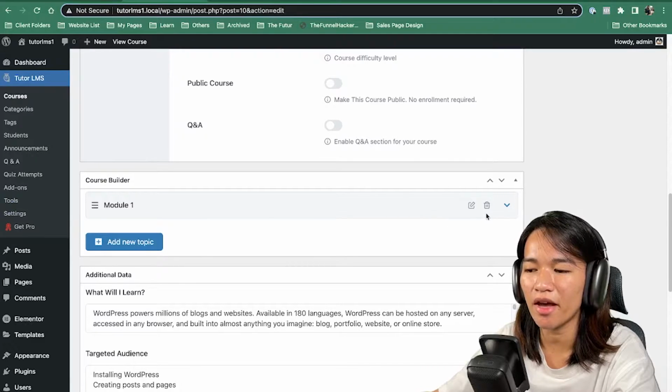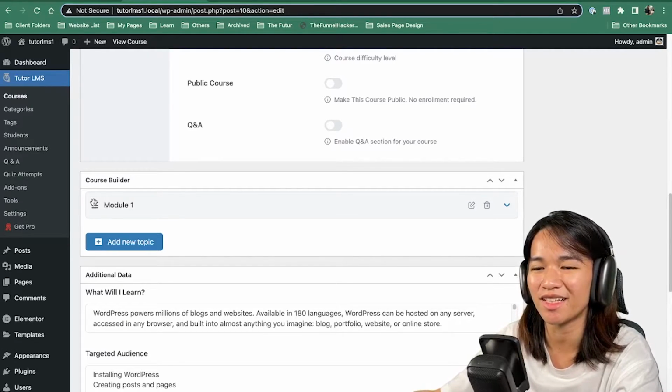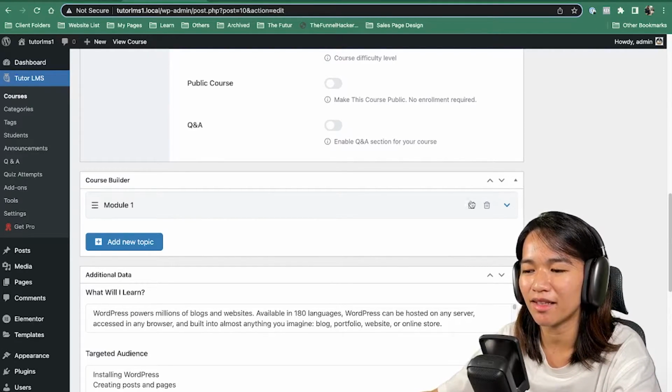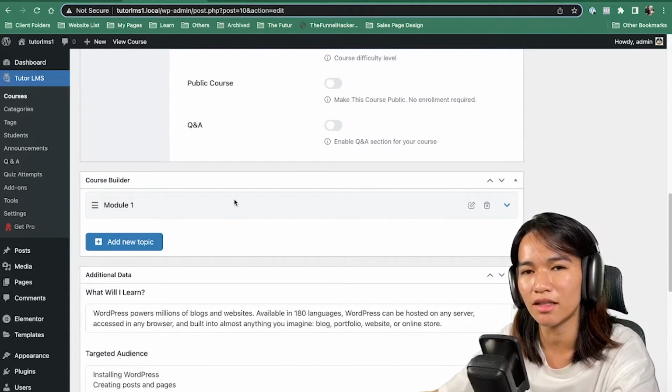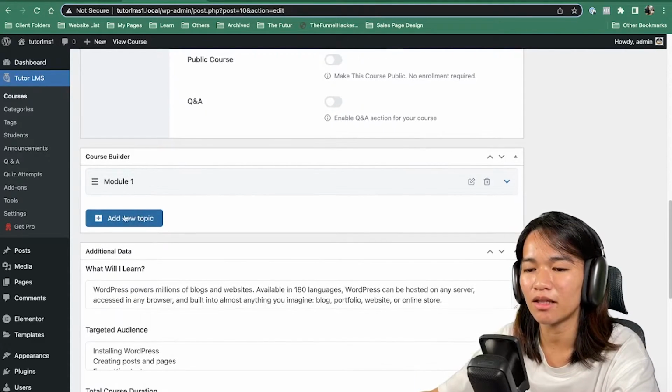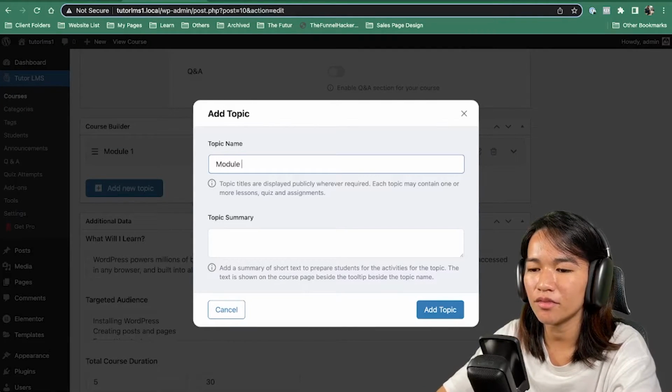I hope they have an option to duplicate a module. I'm not sure if it's in the Pro, I haven't checked yet. But having a duplicate link like this one will help, because most of the time the layout follows what you have in the other one. So you could just edit it with that starting layout. But again, that's fine. You could just add another one, module 2,